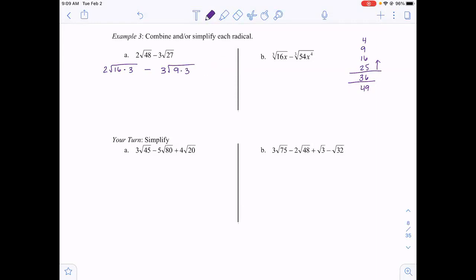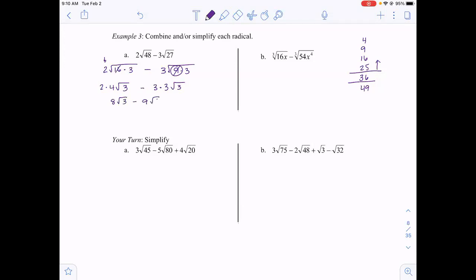Now simplify each. Don't forget, there's already a 2 out here. So when I take the square root of 16, I'm going to have 2 times 4, minus 3 times square root of 9. Well, that's another 3 times the square root of 3. Right, now simplify. So we get 8 root 3